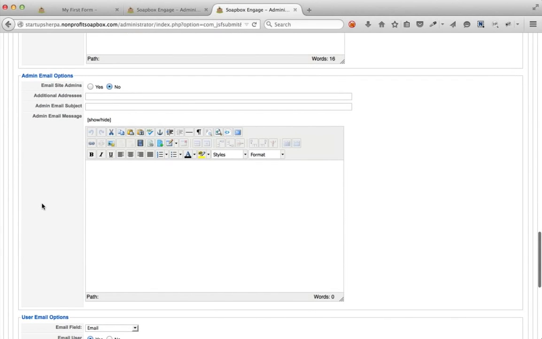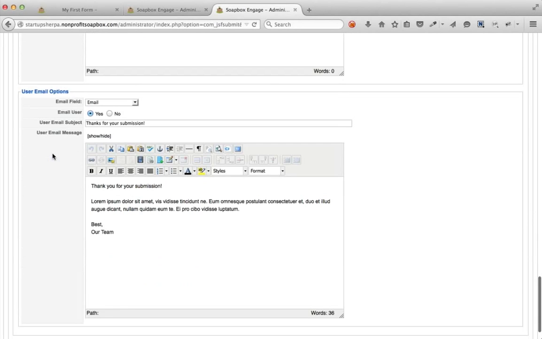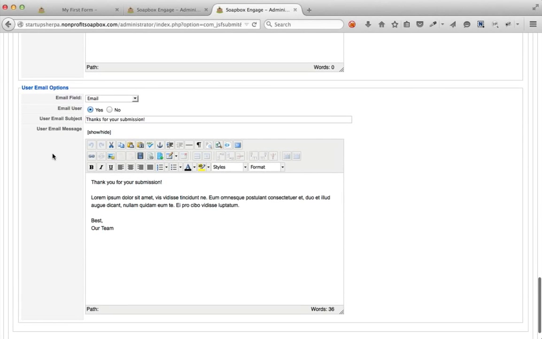For admin email options, you've got the ability to turn on or off the email functionality. You can set individual email addresses that should get this email. You can define the email subject as well as the email message. The same ability to customize this text by adding in variables that we discussed with the confirmation message applies here as well. The last item, user email options, you can choose to send an email to the visitor who submitted the form